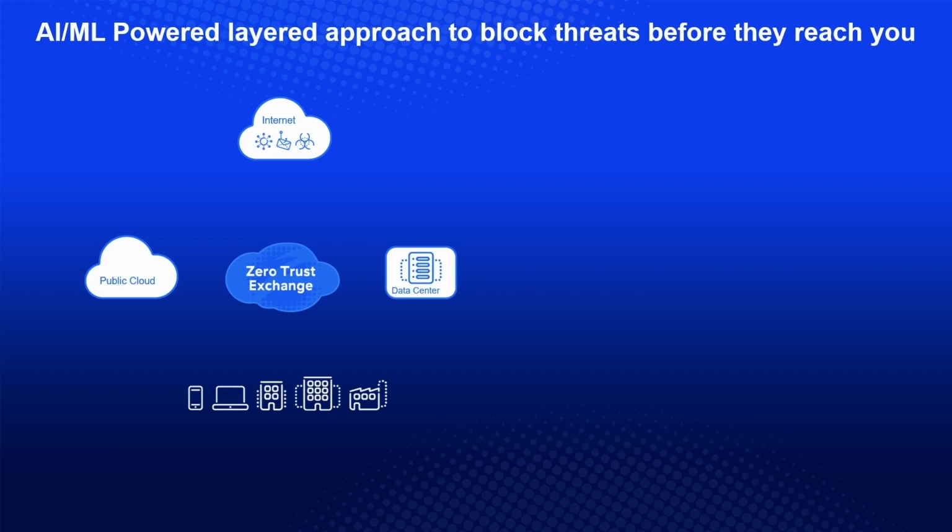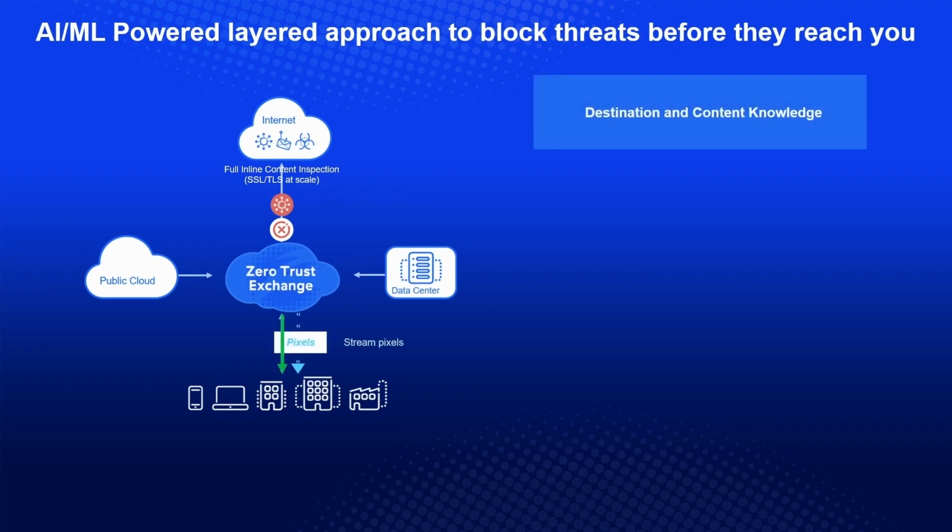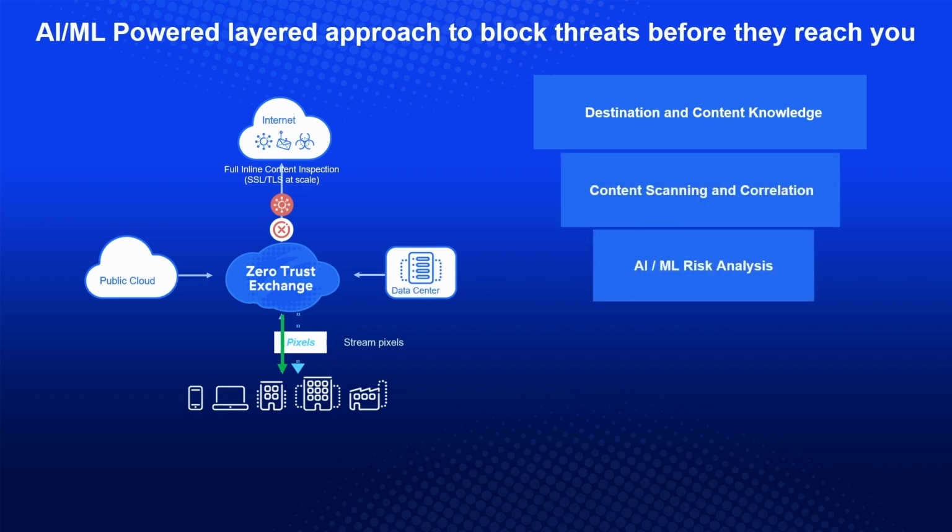It starts with blocking based on known bad destinations. That gets a lot of things, and to be honest, that's where a lot of the competition spends all their time and focuses, and they don't go deeper than that. But at Zscaler, we go further. With full SSL inspection at scale, we're running all of the content through all of our engines: our AV, our advanced threat protection, our cloud firewall, IPS, even our AI/ML-based detections that we've been working on to make sure that we block everything that's known bad,